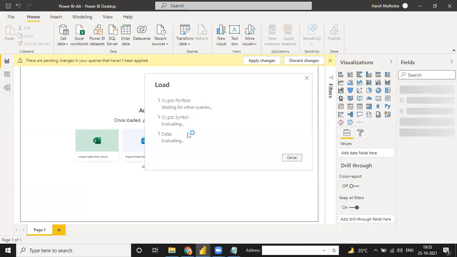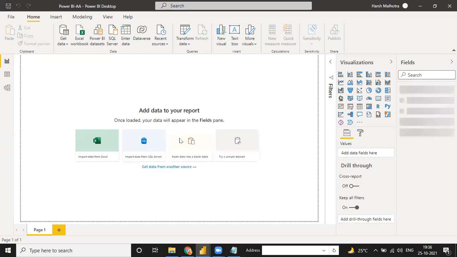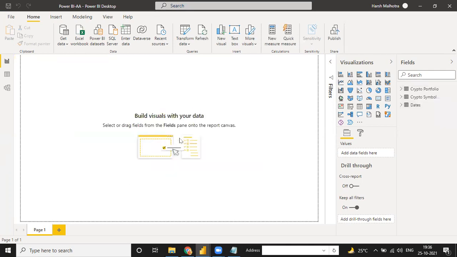Only three files will be loading; two files will be in the background data. Okay, and see, all three files are loaded: crypto portfolio, crypto symbol, and dates.